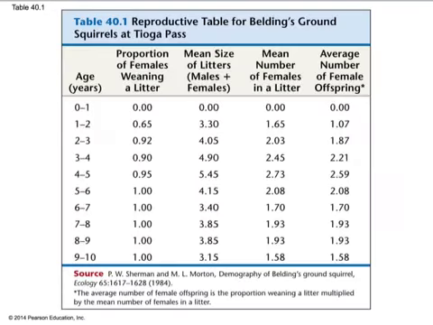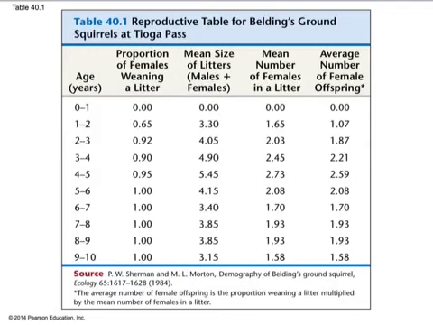So what do we see here? Here's a reproductive table for a ground squirrel. During the first year, why is there no reproduction? Because they're not sexually mature. Then from 1 to 2 years, some reproduction. They probably reach maturity towards the end, maybe 18 to 24 months, a year and a half to 2 years old. Then they have about 3 years, of probably about year 5, between year 4 and 5 are their most